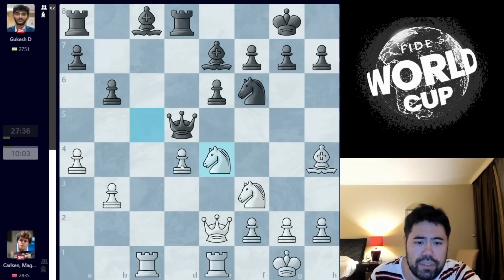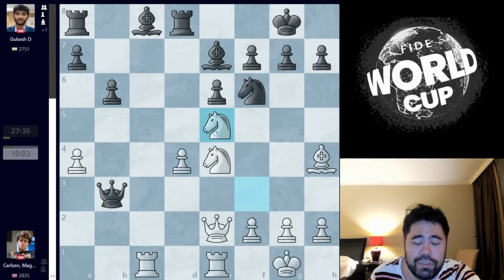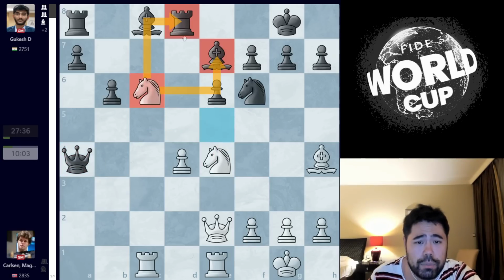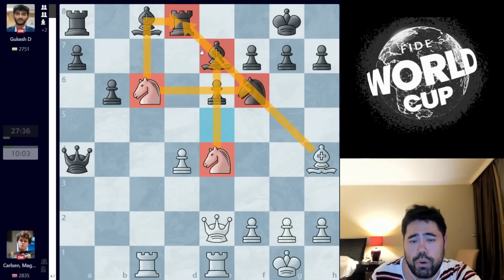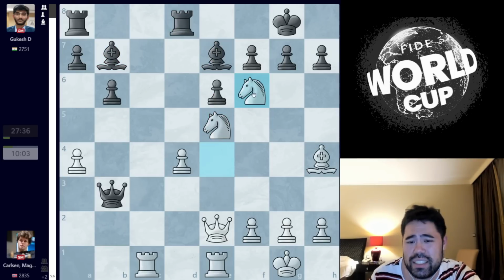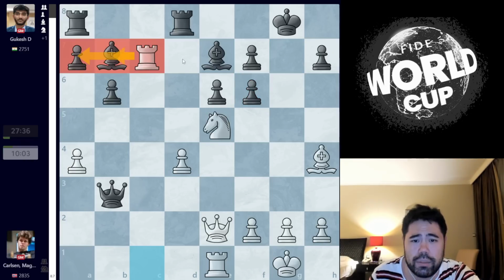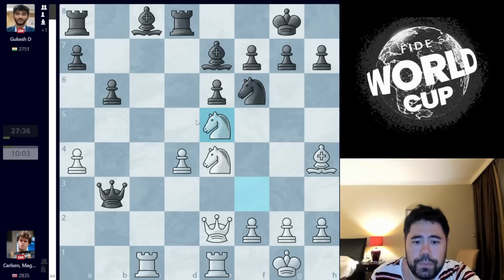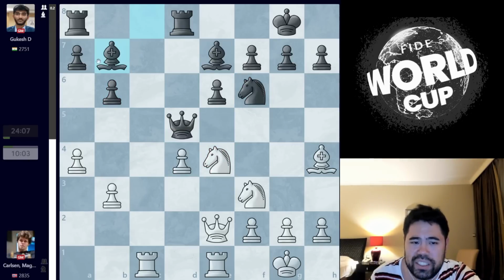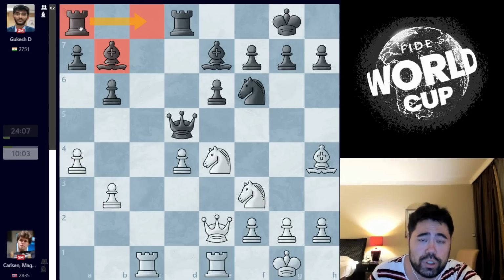Gukesh goes bishop to b7. He does not take the pawn on b3 here because after queen takes pawn, white has knight to e5, and these knights are jumping here. There's a big threat of knight to c6 hitting the bishop and the rook, and there are all kinds of problems on this diagonal. If black plays a move like bishop to b7 here, after knight takes f6, g takes f6, rook to c7, white is winning due to the classic kebab on the 7th rank, and everything starts to fall apart for black. So here Gukesh plays bishop to b7, finishing his development or coming close to it, only needs one more move with rook c8.